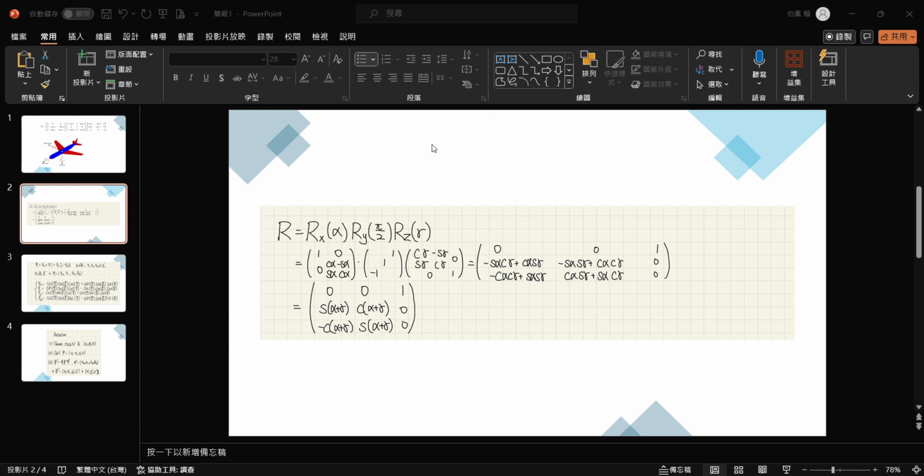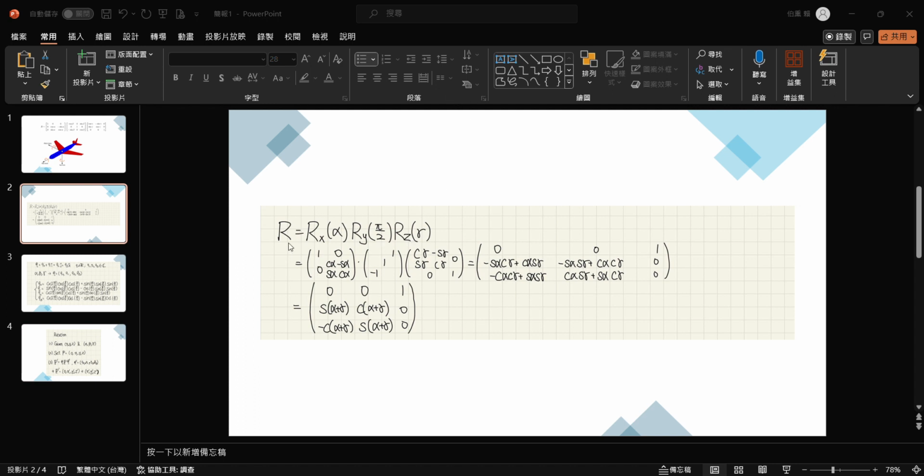So this is the so-called gimbal locking: if we use pi divided by 2 as the rotating angle for the y-axis, no matter what angle we choose for x and z, they will always stay in one plane, which means